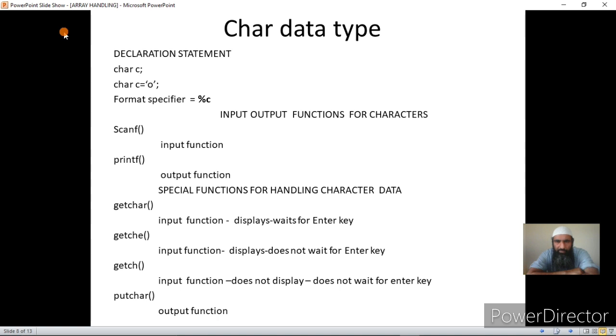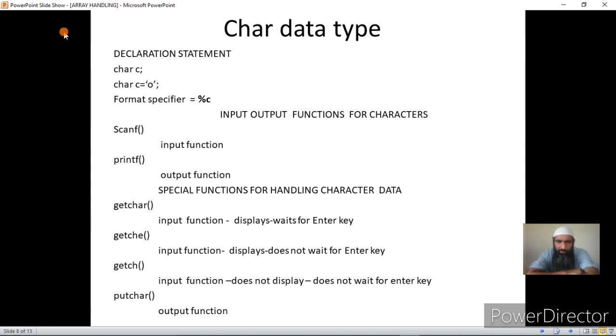I'll be doing some basic exercises on character data type in this lecture, so that at least you can handle this data type in your programs. And for the coming lectures where I have to deliver topics like structures, classes, I'll be needing this data type here.